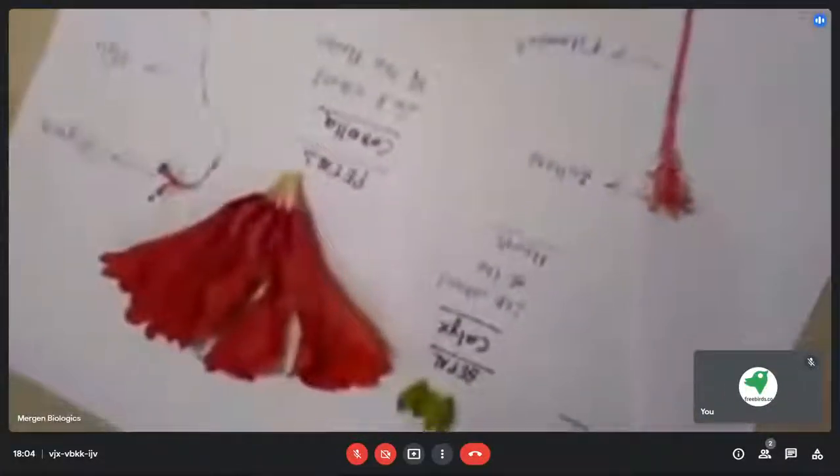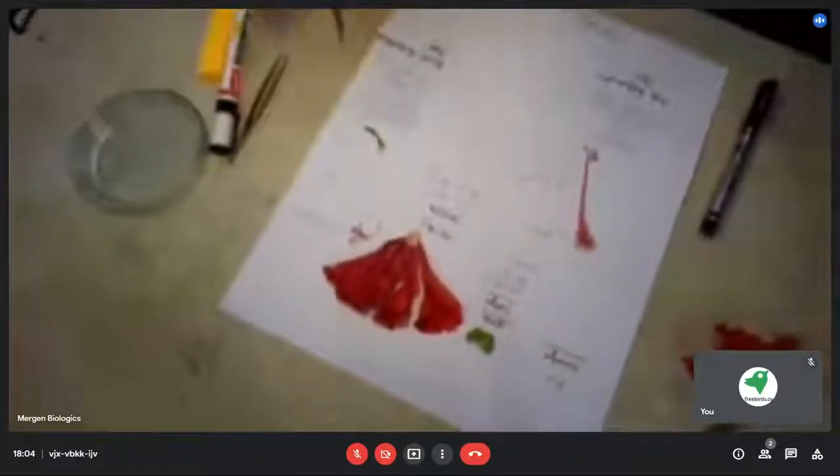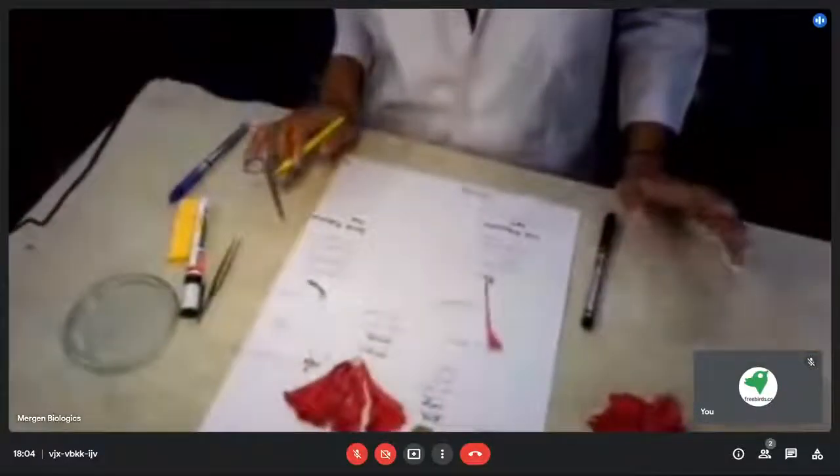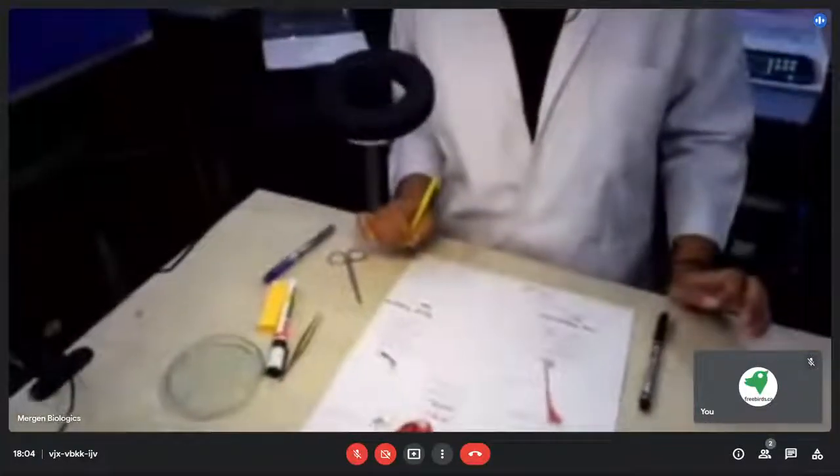While you are dissecting, it is very important to label all the parts that you have dissected, so that you can understand and have a better view of the whole process, and you can show it to others also. So always remember to name the parts after dissection.